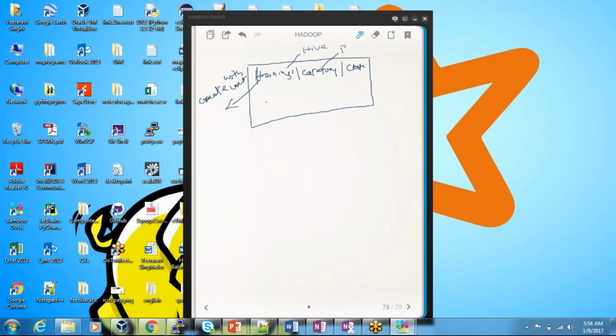This data can be used by Pig. It can be used by MapReduce. It can be used by your HBase. It can be used by some other tool, right? So when the same data in HDFS is referred to by multiple people or multiple tools,